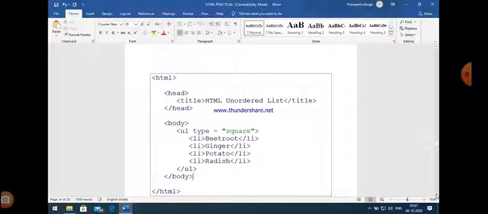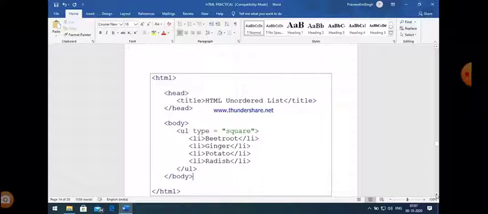In this program, first of all, the HTML program starts with the HTML tag, which is the root tag. After that comes head, then a title. The title says HTML unordered list, which is the title of our web page. Then the body tag begins, and within the body tag we create an unordered list. We use the UL tag, and within it we mention the attribute type equal to square.